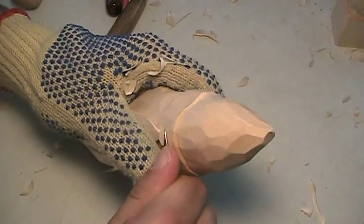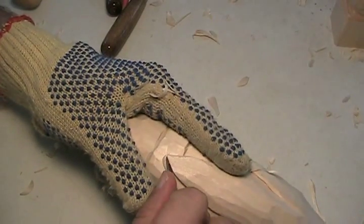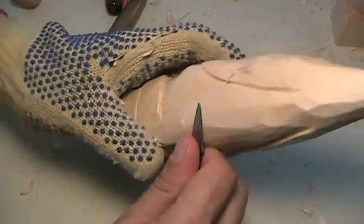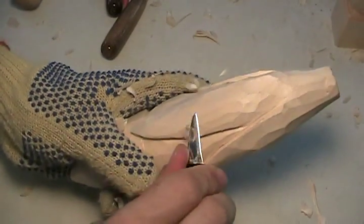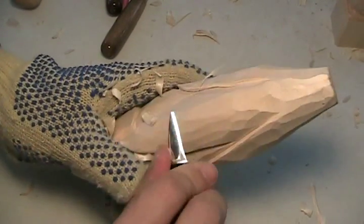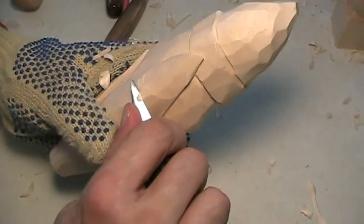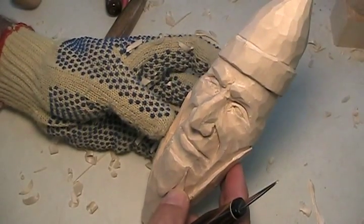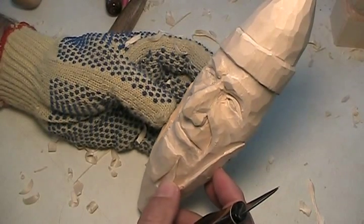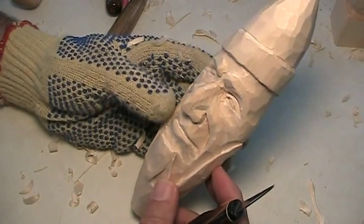Try to lift this. Careful. We don't break the tip. See, this is what I'm talking about, rounding your carving, moving your carving and not the knife or knife hand. Well, I think he's getting there. I think we need to round him off a little more, or actually clean him up a little more. Now, one thing that I noticed, let's see, I want to make sure that